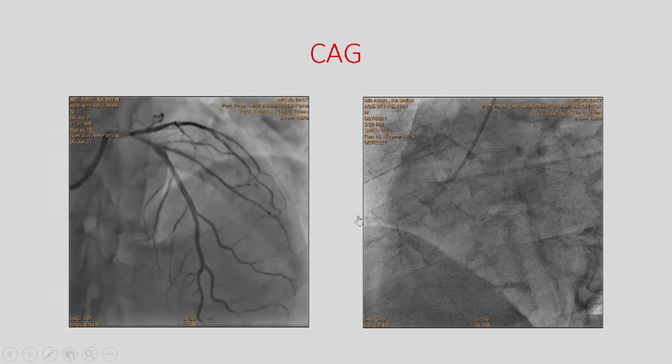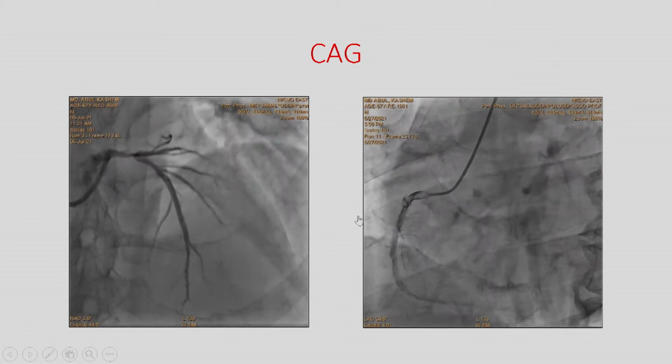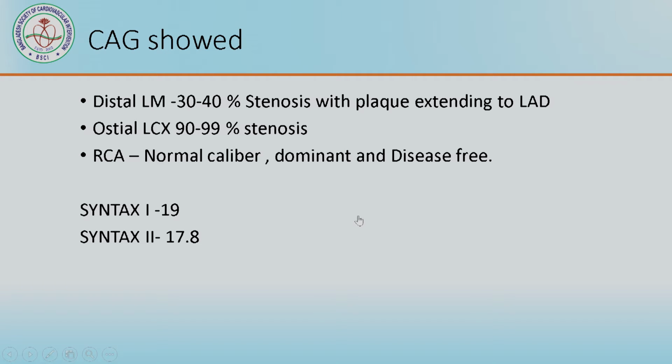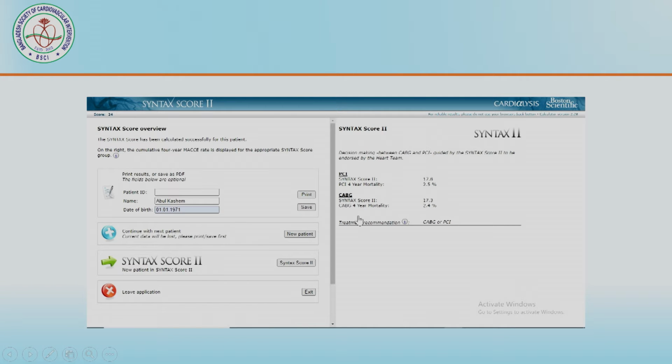The right side is normal. Distal LM 30 to 40% approximately, ostial left circumflex 90 to 99%, with RCA normal caliber and LAD may be some plaque extending to the LAD. And so here the SYNTAX score